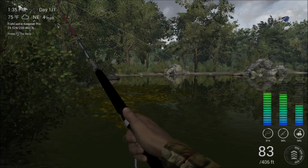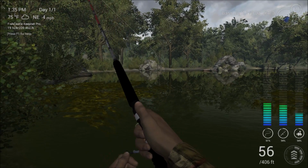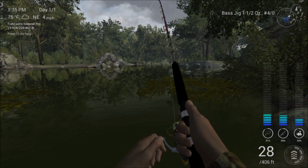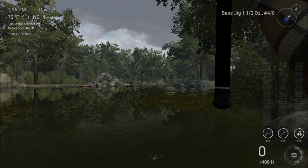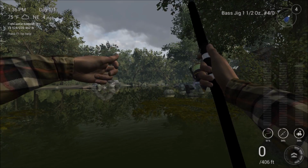There he is. Okay, come on, fish. Let's see if... No, he's coming in kind of easy. Nah, regular size. Still,